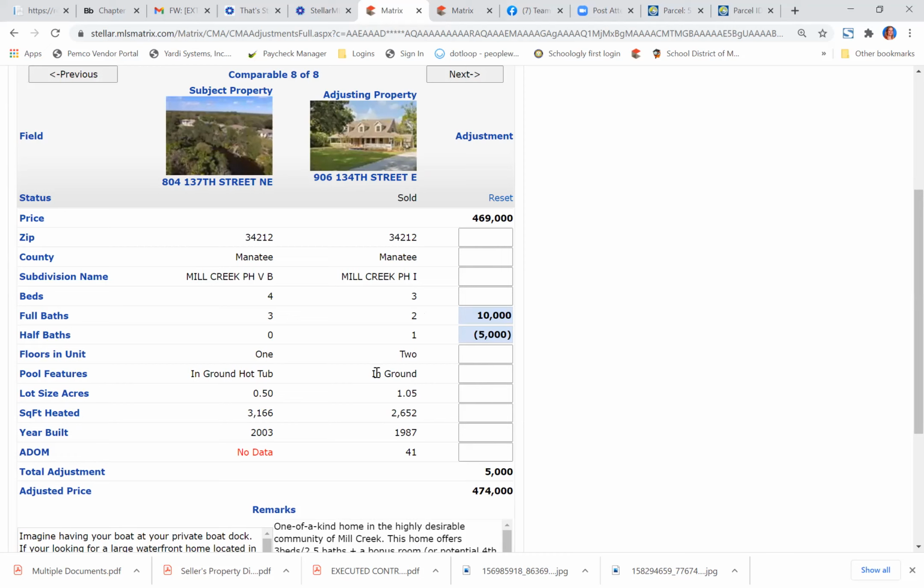Okay, so remember hot tub, pool, I said the difference was like 25. Subtract 25,000 here. Okay, this is 0.55 difference, so I'm going to subtract because this is like double the size of the lot. Now I've got 3166 minus 2652. The difference is 514 square feet multiplied by 70. So I'm going to add